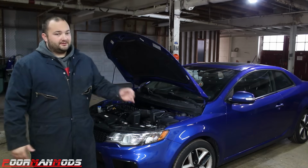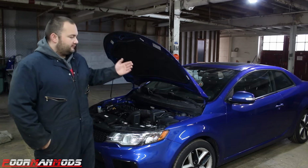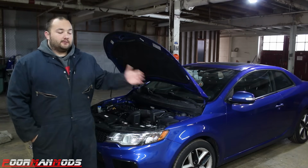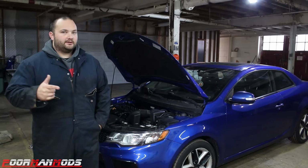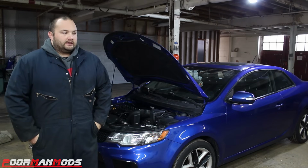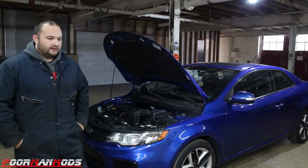This is a new car to the channel, probably won't be here long. My friend Brad and I actually went halvesies on this car. It was sold to us super cheap. It's a 2010 Kia Forte Coupe, 2.4 liter with a 6-speed manual. It was sold to us for dirt cheap because it has a rod knock and the owner didn't want to